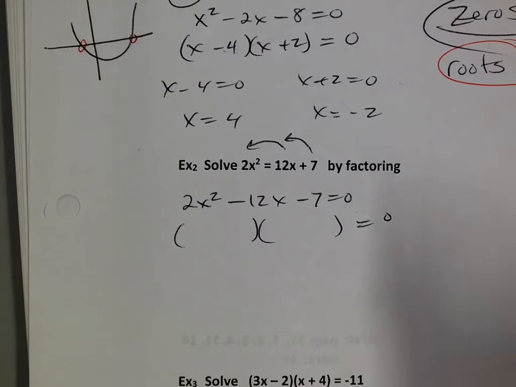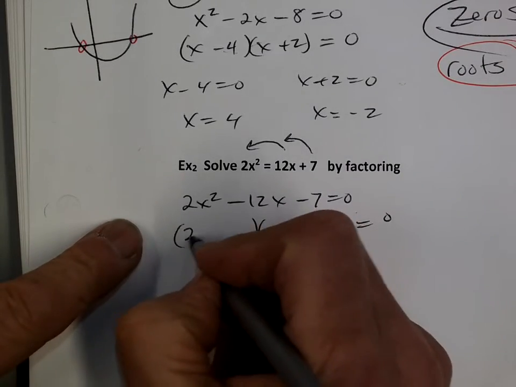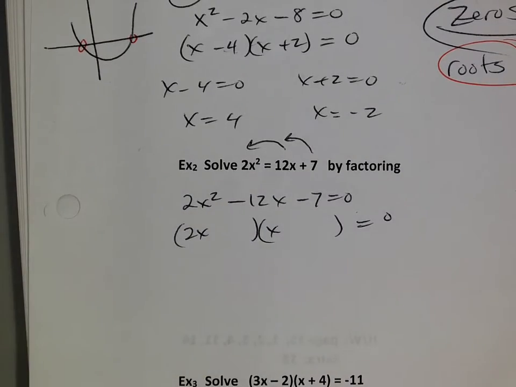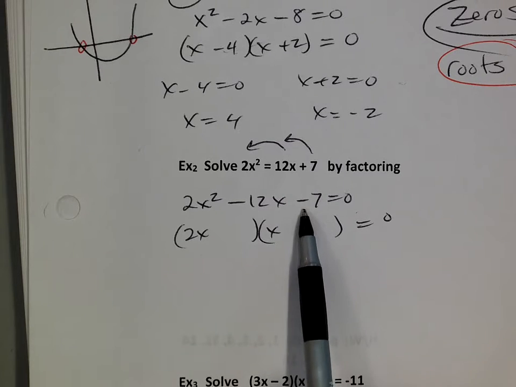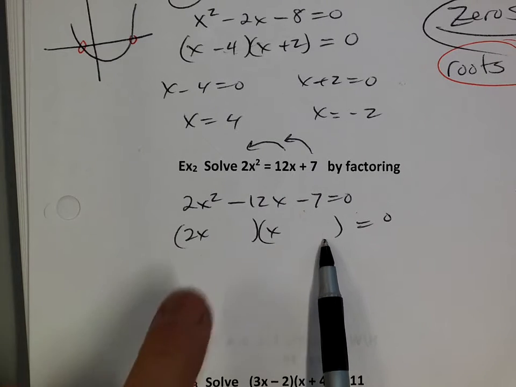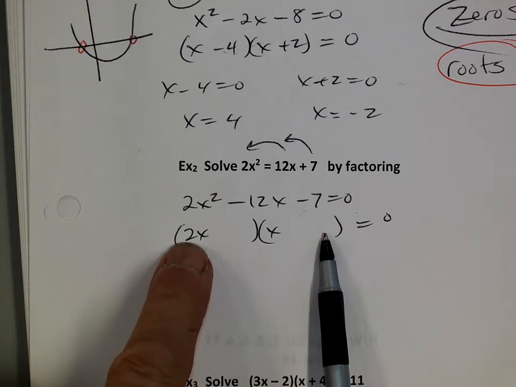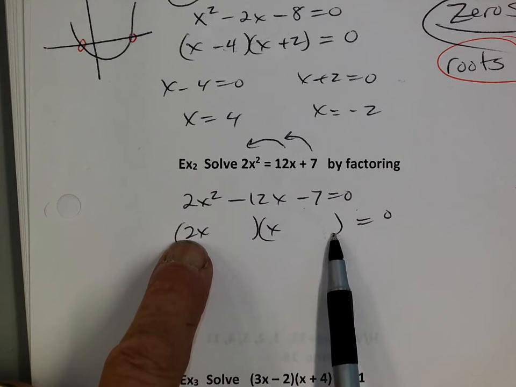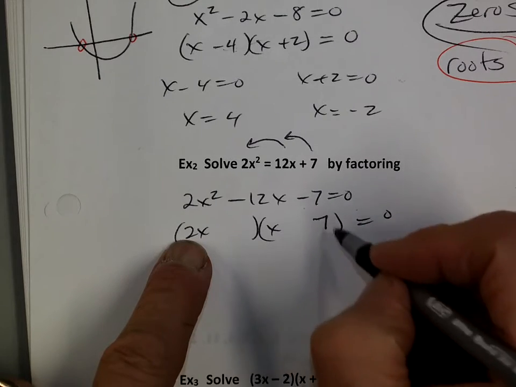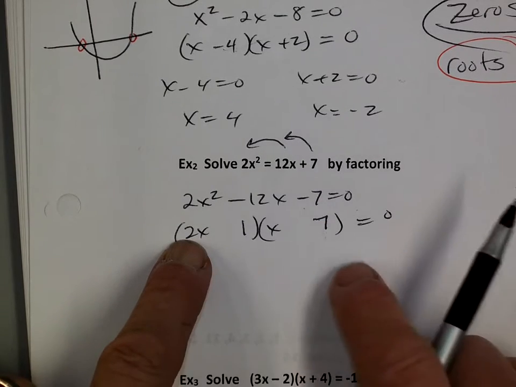With the 2x squared, at least it's kind of nice, because I know for sure I have to have a 2x and x. I have to, right? Now with the 7, I'm going to put the 7 here because I know 2 times 7 makes a 14, and then I'm getting closer to a 12. So if I put this 7 here and a 1 here,